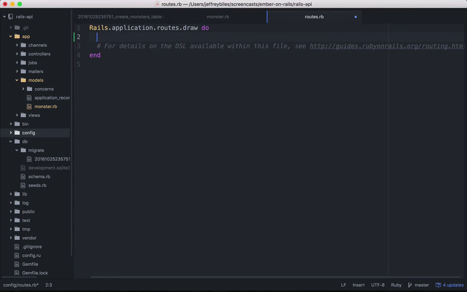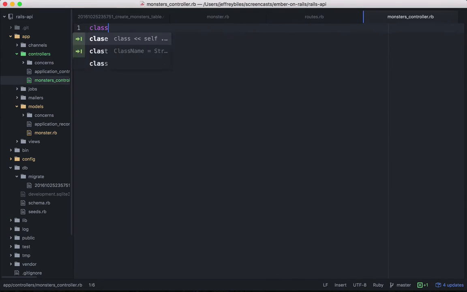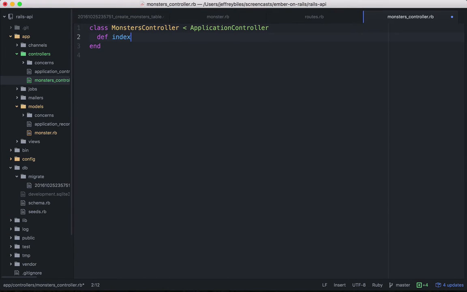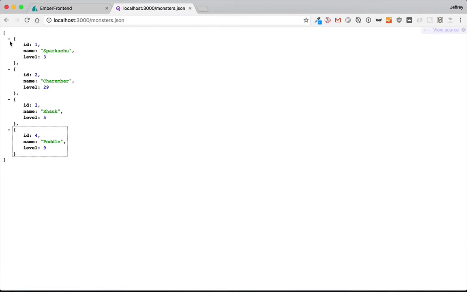We'll start by going to our routes file and adding the monsters resource. Then we'll add a controller for the monsters. And we'll have our index route, which is very simple. We'll render JSON just Monster.all. So that will take all the monsters in our database and show them in JSON format